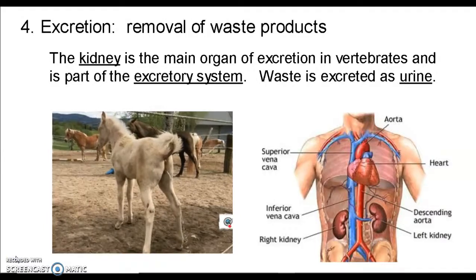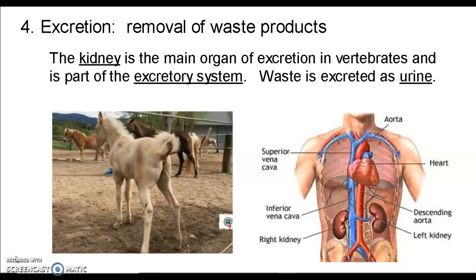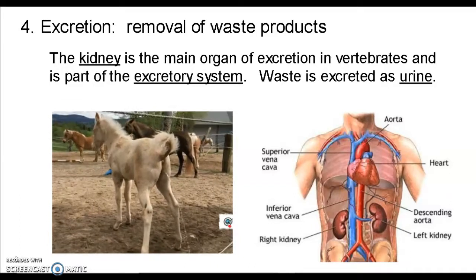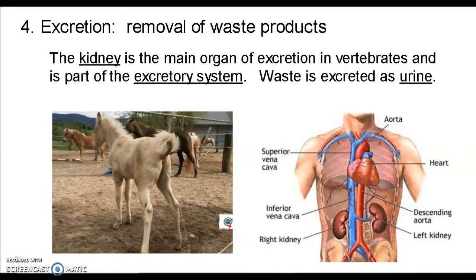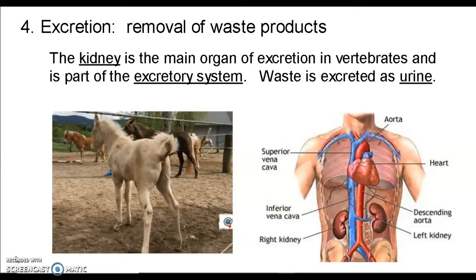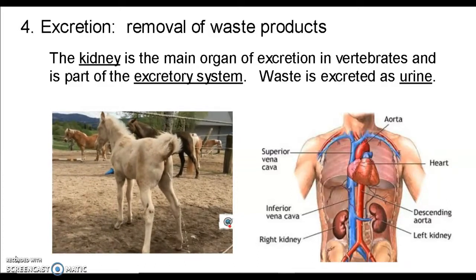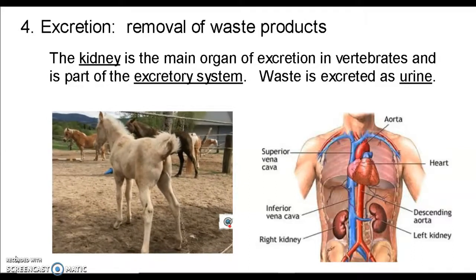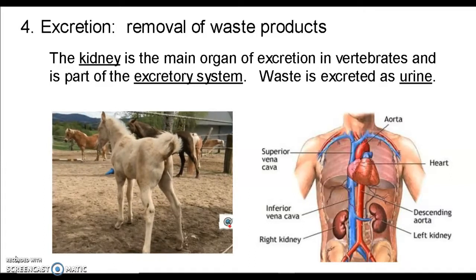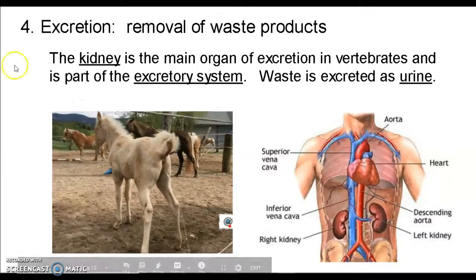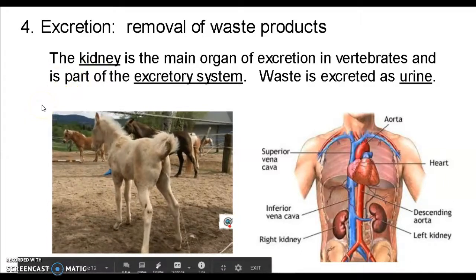Next is excretion. Animals have to remove wastes, and in animals, the kidneys are the main excretory organs. Invertebrates, and makes up part of the excretory system, creates urine. Again, some smaller animals with very thin, moist skin, some of them are able to excrete waste through their skin. And humans do that too, a little bit. But the kidney is the main organ that gets rid of most of the waste.